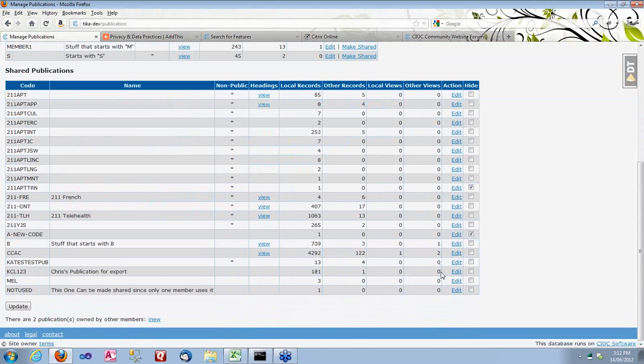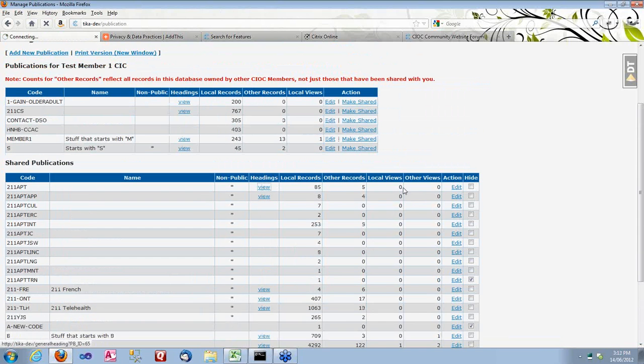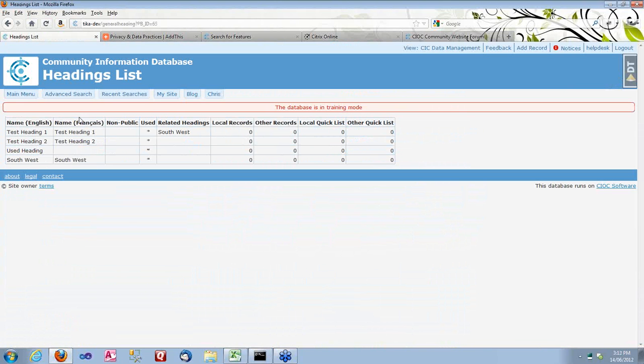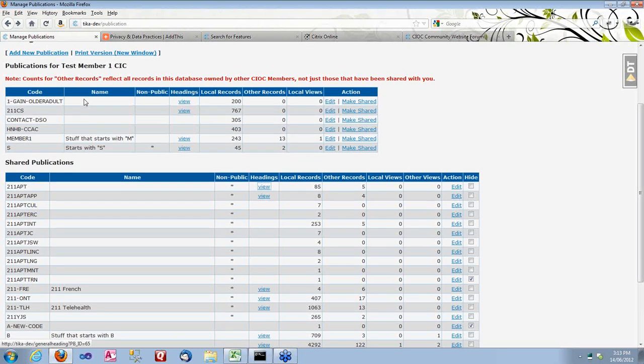So for those of you who set up publication-based views in your database because you have a special purpose portal, it's going to give you an indication of how many of your views are using that publication. And we've done an equivalent thing with our headings report. So it's going to show you whether it's non-public, whether it's being used by records, whether it has any related headings, again, the usage by records, and whether it's being used in a quick list,